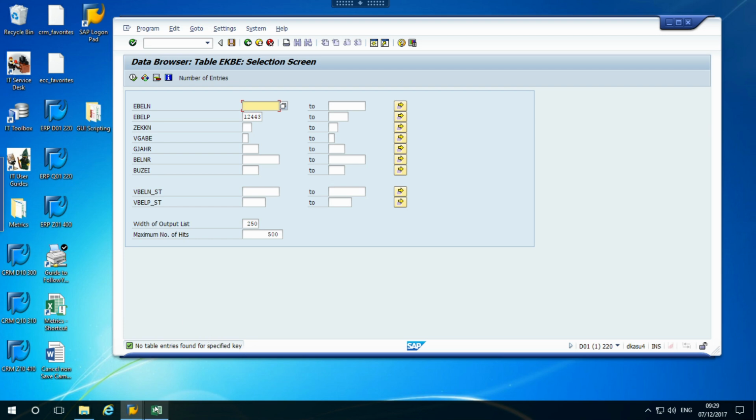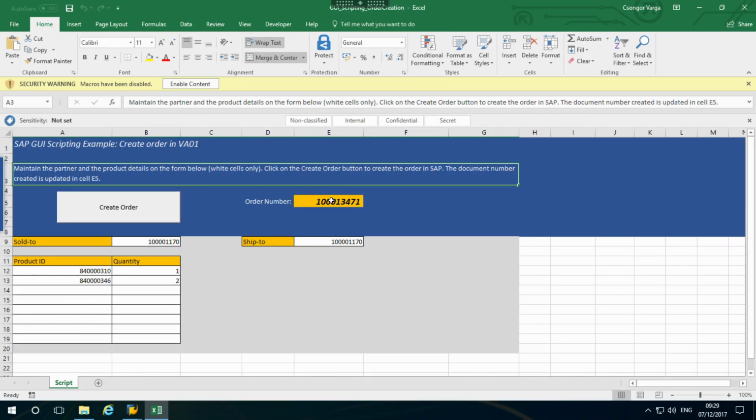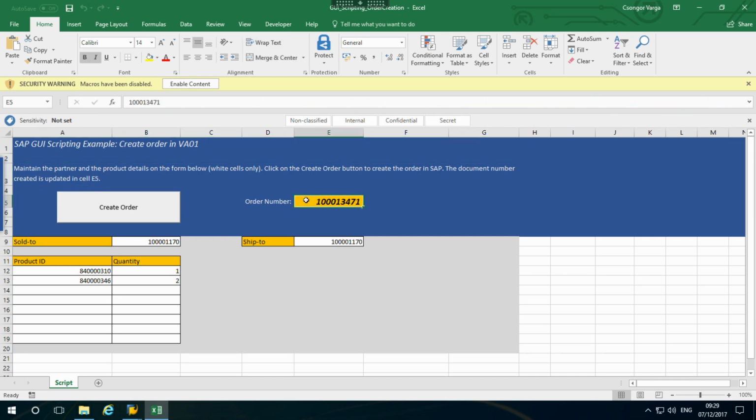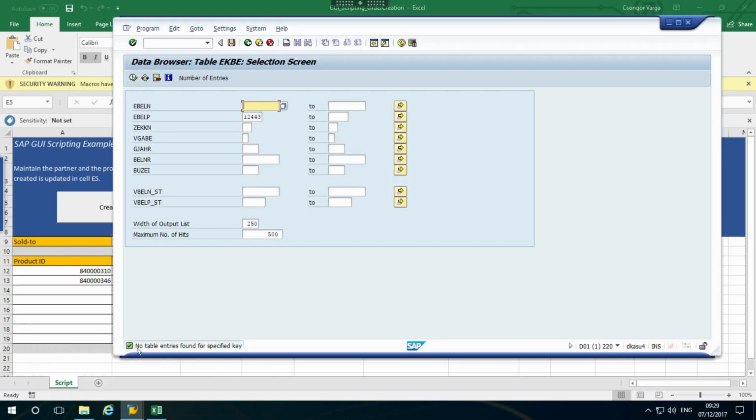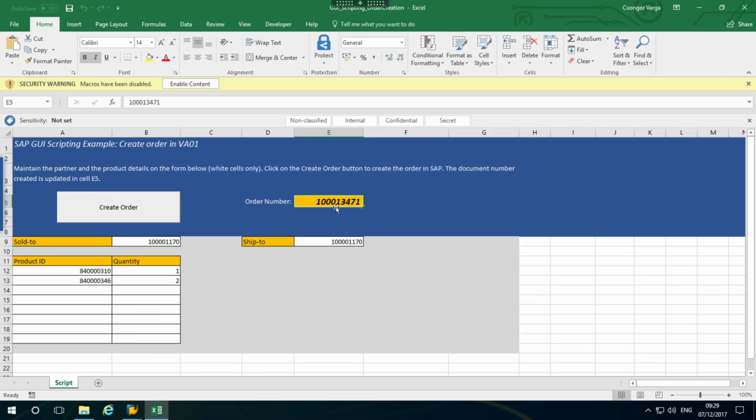And actually, this is something that I used in my video on creating orders. If you remember, here you specify your, let's say, sold to, ship to, and your products. You click on the create order button, and at the end it will create the order in VA01. And then when you save the order in VA01, you also get a message here which says standard order 12345 got created, or something like that, or got saved. And I'm using that information to get the order number which got created. And the way to do it is actually fairly simple,